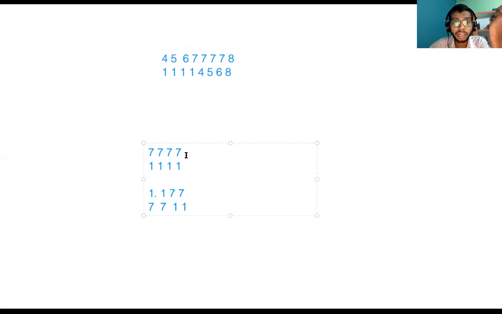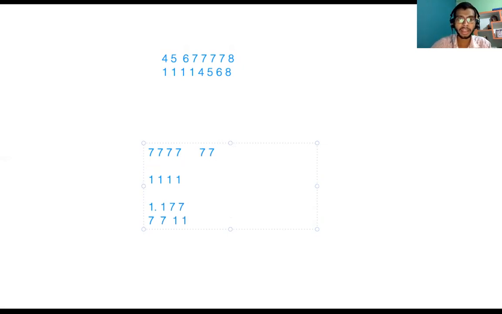Is it necessary to take all these four 7s? No, I don't consider these 7s. Are these all four 7s? Why? I'll consider only two, because if they are even, then in case of four, two must be in the first one and two must be in the second one. So why would I consider four, I'll simply consider two now.